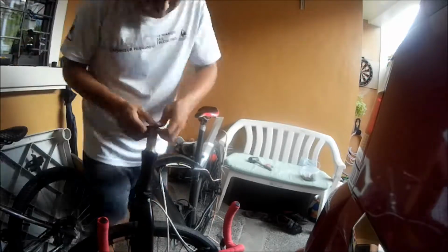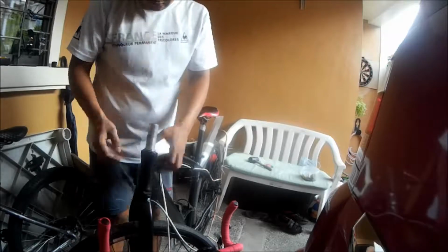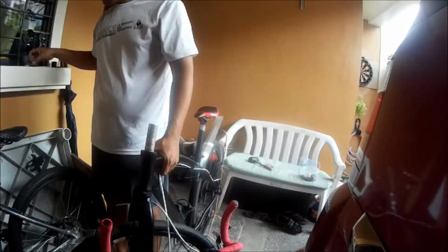Be careful when you're doing this because you do not want to scratch your steer tube, especially if you're using carbon. Yeah, don't do that. Alright, so this top part of the headset, it's called a seal of some sort, rubber seal. It's a little bit hard to remove, but once you have that removed, you can just pull the fork out